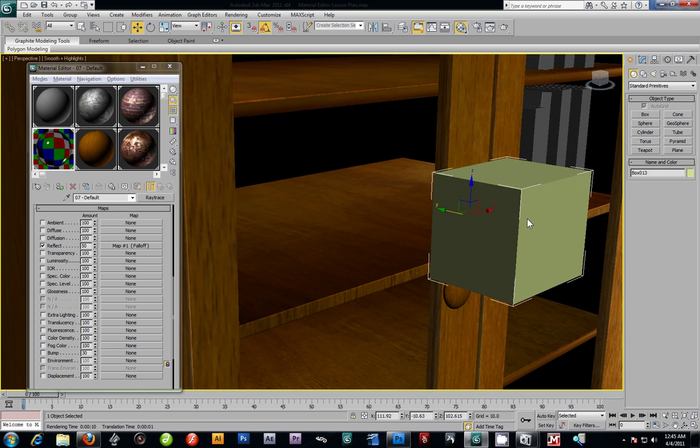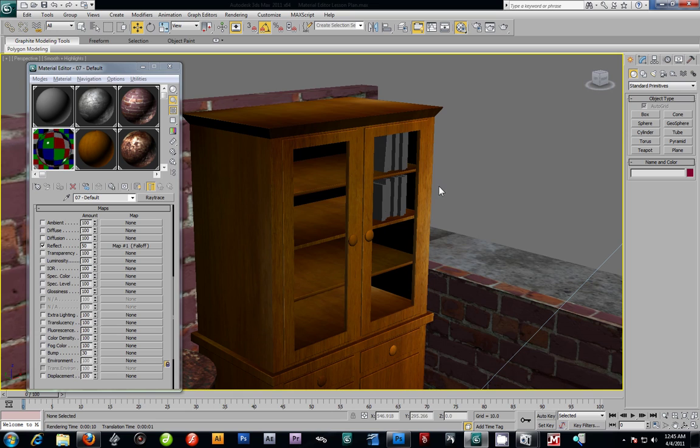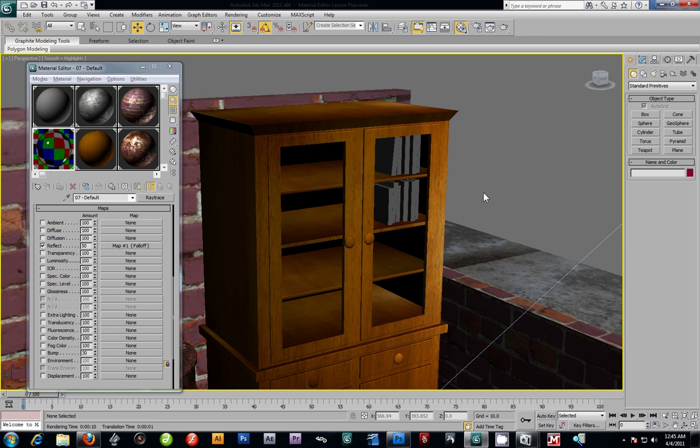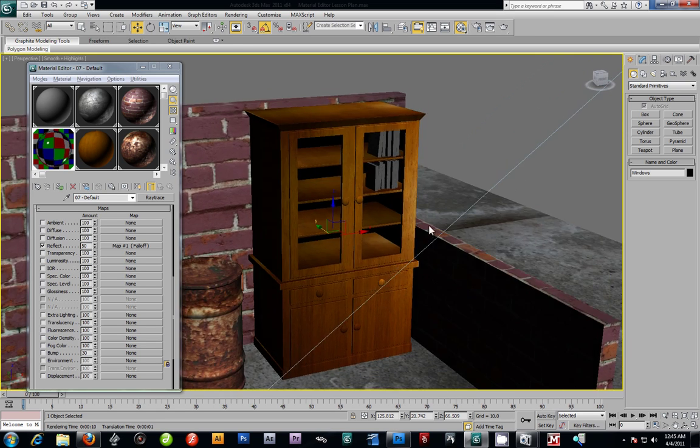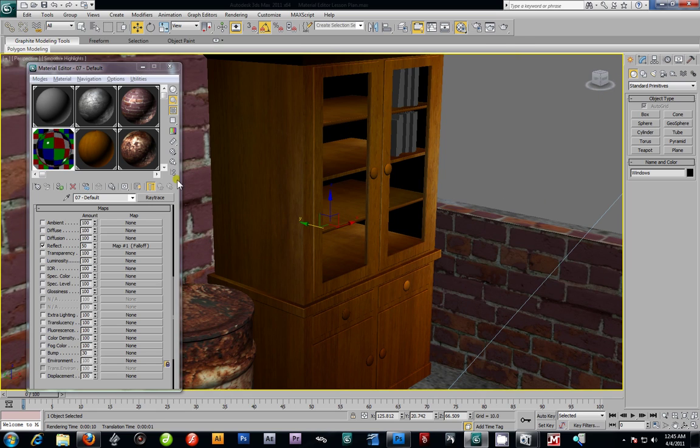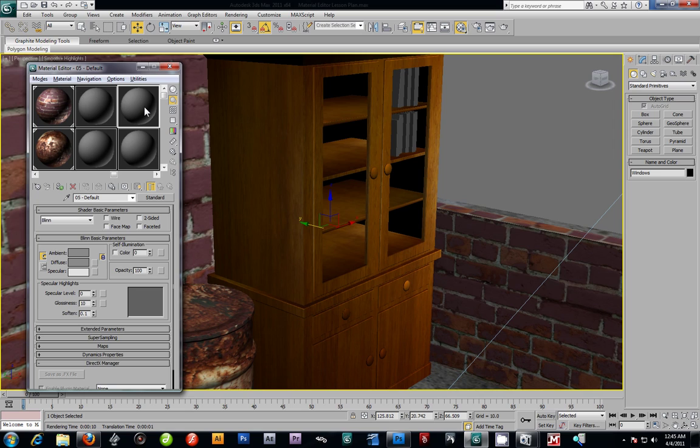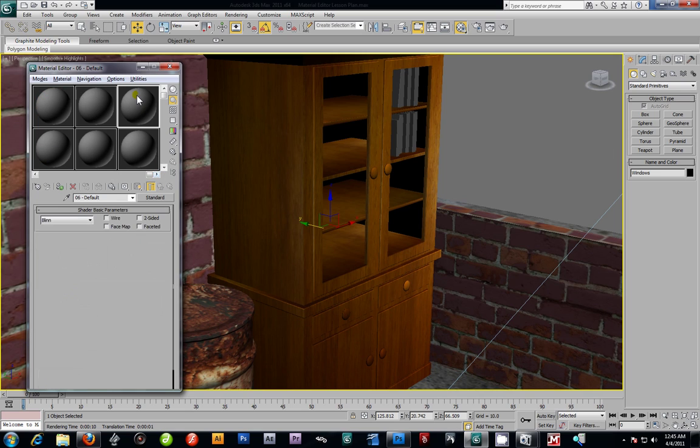And like I said, we can start texturing these books if I wanted to. Not that I really care to right now, but that's why we do multi-sub-object material. So, in this case, I had a multi-sub-object shader right here, I believe. No, I don't. Let me see. No, I don't. It's not that big of a deal, but